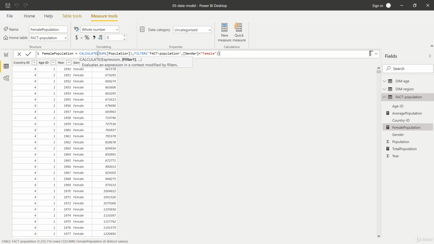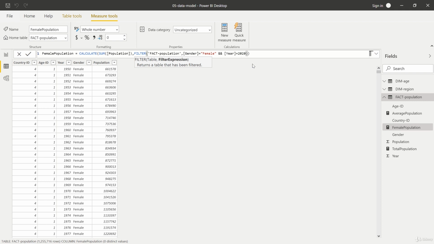You remember this double ampersand operator? This one right here? Well, this is what we need in here, because with this operator, we can combine multiple filter conditions in a single filter function. In our case, this would mean that we have our table reference already in the filter. Therefore, the second part of this formula now would just be to add the column reference to our year column here, and there I want to filter for the year 2020.